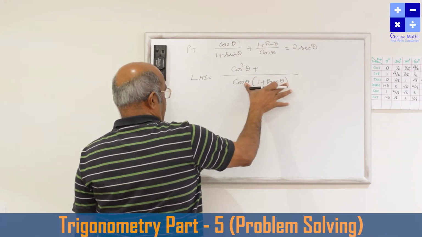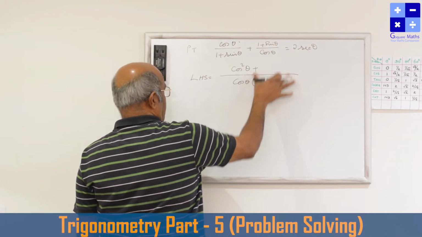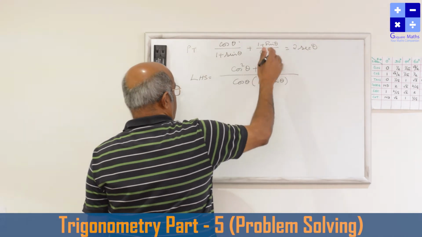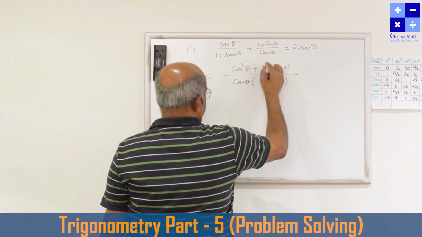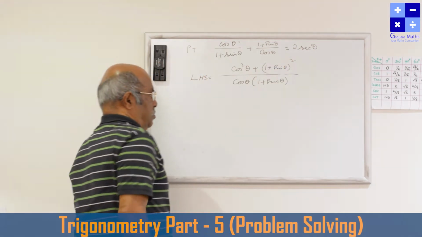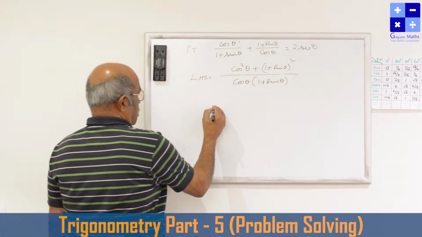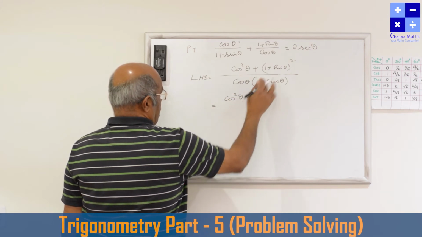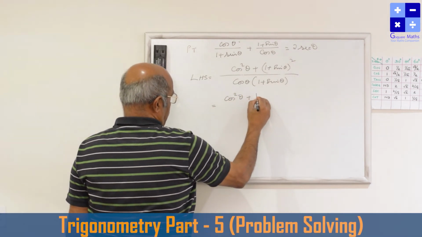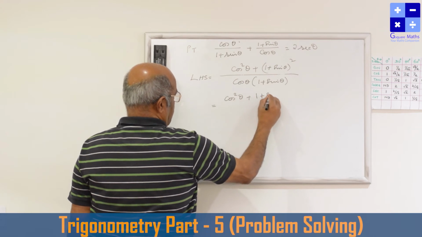Plus, divide the LCM by this cos theta, 1 plus sin theta is left out. So 1 plus sin theta whole square. So that is cos square theta, a plus b whole square, a square plus b square